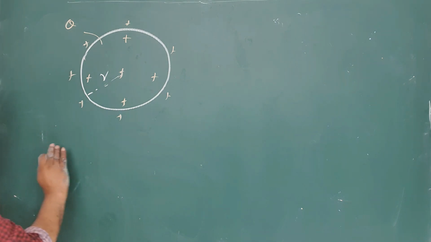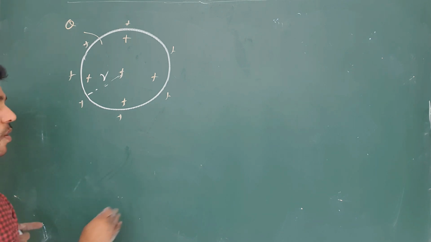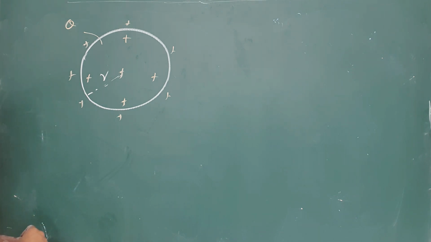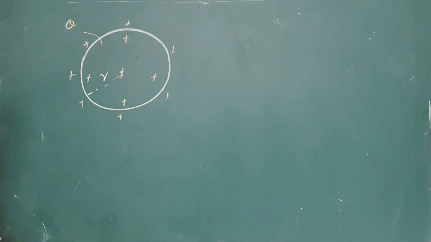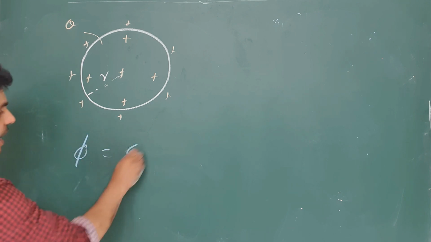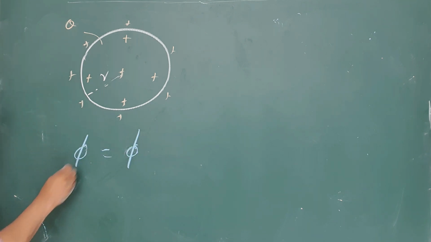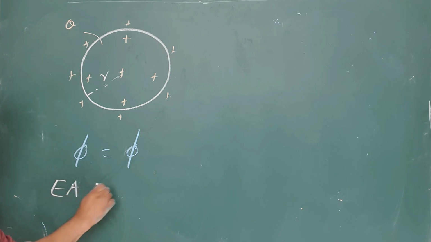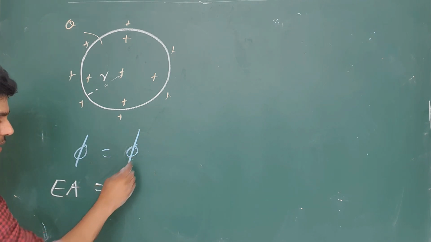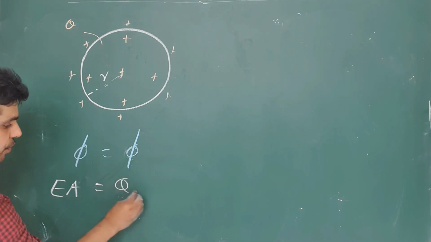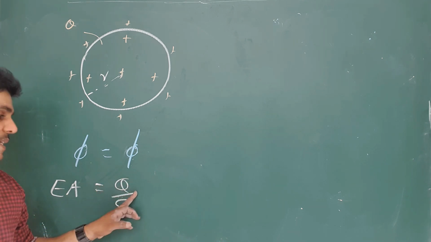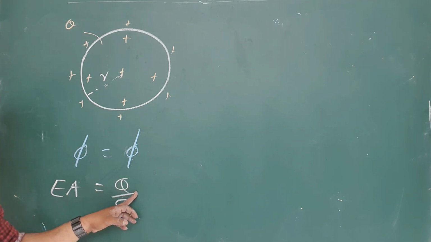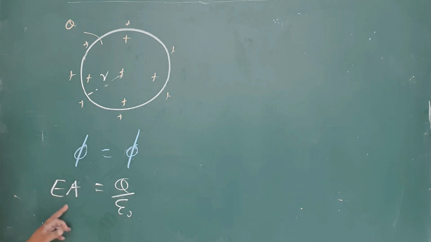Now everyone knows if it is a sphere or ring, we have to use Gauss's theorem to find the electric field intensity. So this time also we use flux, where the definition gives EA, and the right hand side is given by Gauss's theorem, Q divided by epsilon naught. Now everyone knows this Q should be the resultant charge inside the Gauss surface, and A is the area of the Gauss surface.